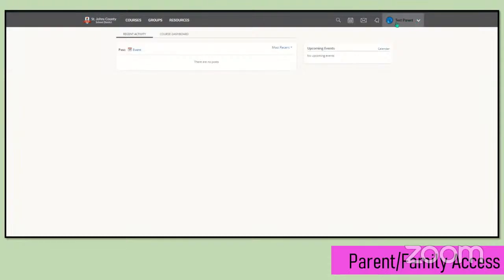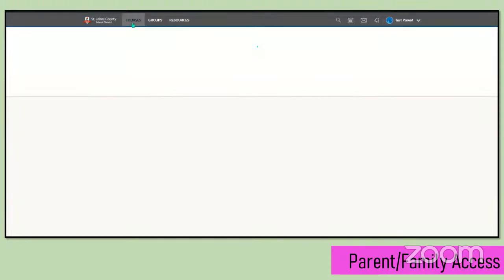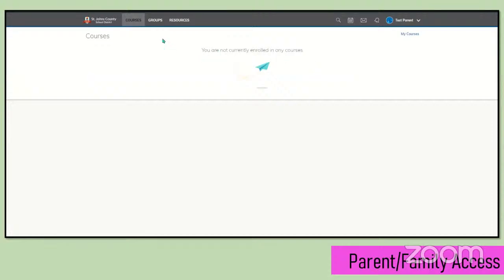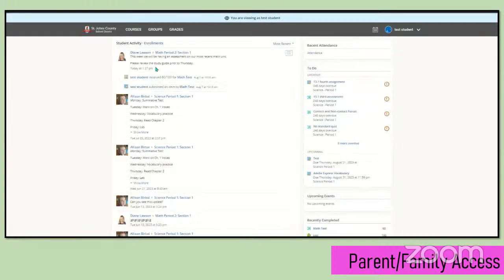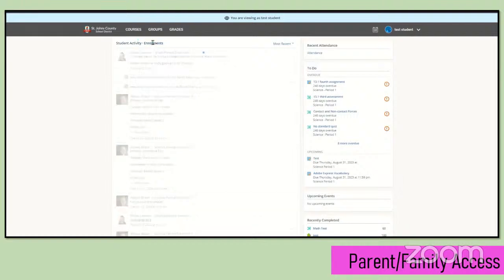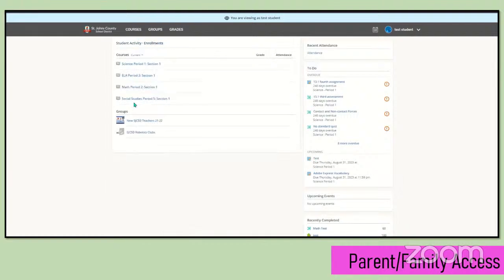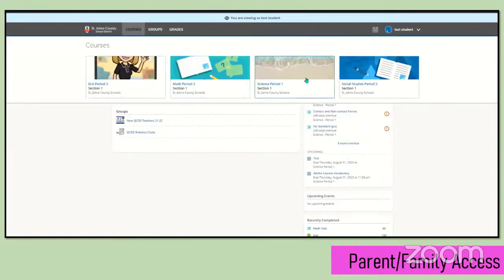When you first log in to your parent Schoology account, you may notice when you click on courses, groups, etc., that there is nothing to see. It says you are not enrolled in anything. This is because you need to view Schoology as your child by clicking on the drop-down and selecting your child's name. Now you will see your child's recent activities for their courses in the main feed, their to-do list for any of their assignments along the right side,